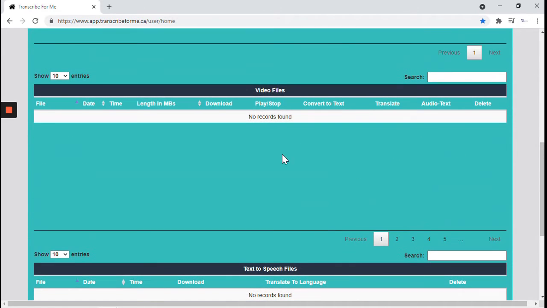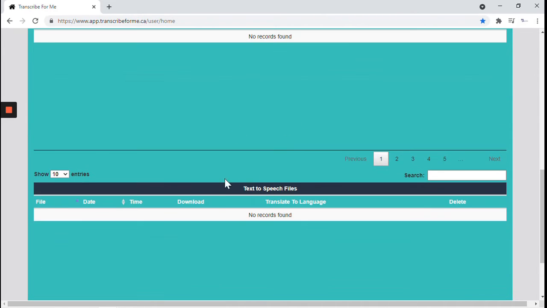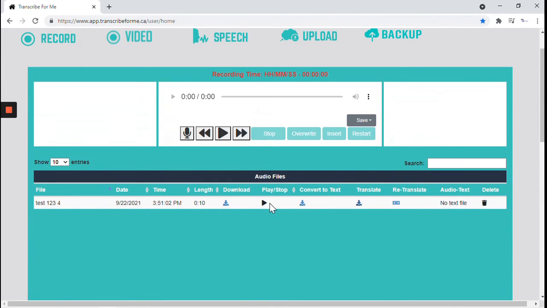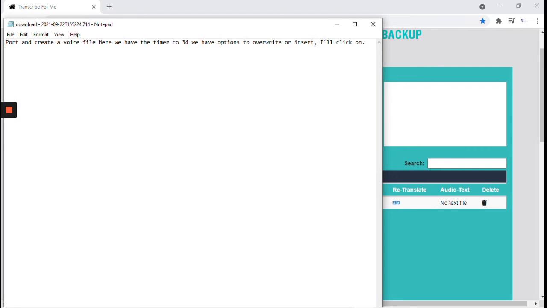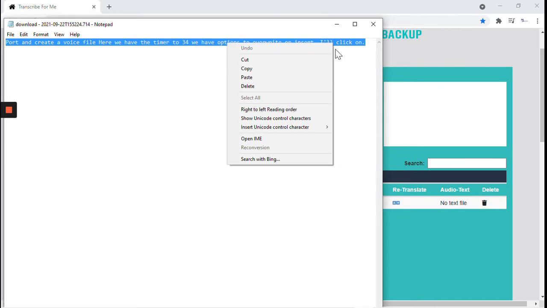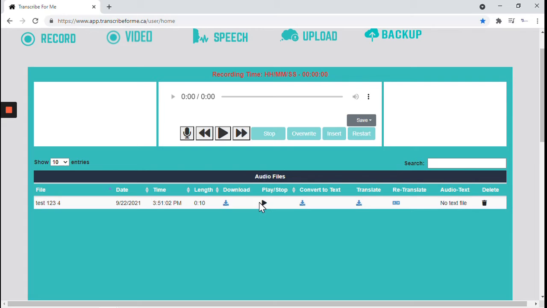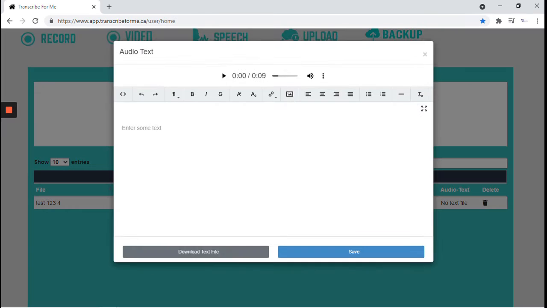And here we would have the video files populate. Here we would have the speech to text files populate. Here we also have a player. What I can do is convert the text, copy the text, and I can paste it into the editor here. If I click on play, I can hear the volume at the same time and